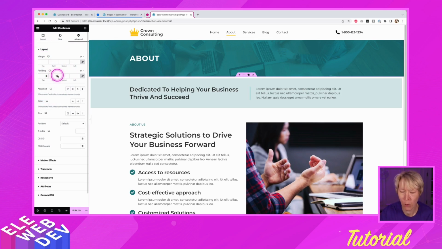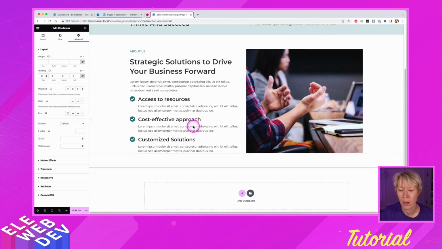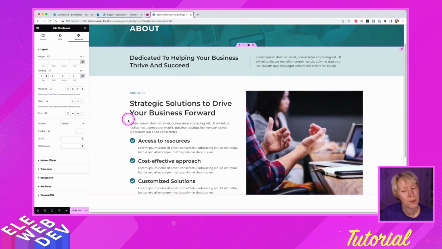If I force a 0, it will get rid of that space, because all containers have a default 10 pixel padding to it. So I remove that by manually putting in a 0 to all of the values. And so all of the content now fits. So you're like, but how does this section not be full width? All right. Just play along. I'm going to save this page